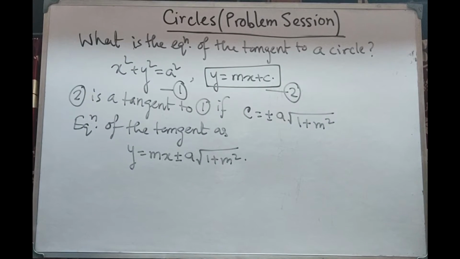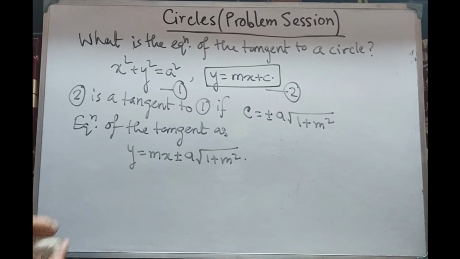But the parallel concept for the general equation we can also do. Then we have to put the value of y in both places, in y square and 2fy, and from that we get a quadratic equation in x. By solving that and taking the discriminant to be 0, we can find the condition for tangency. So now we are coming to the main problem.